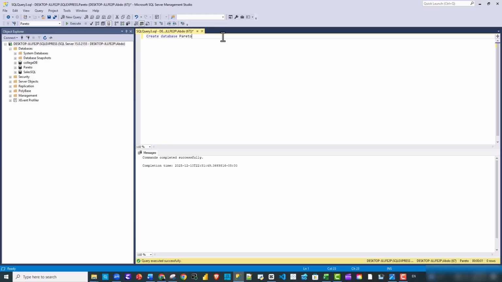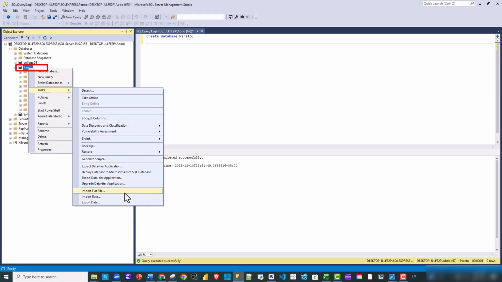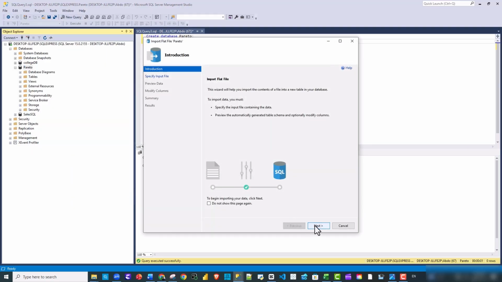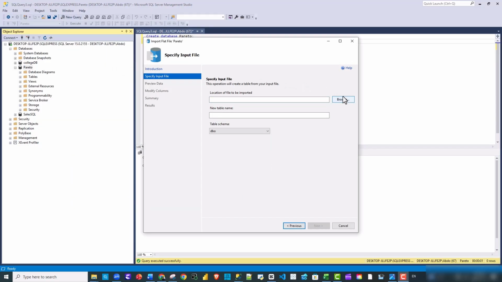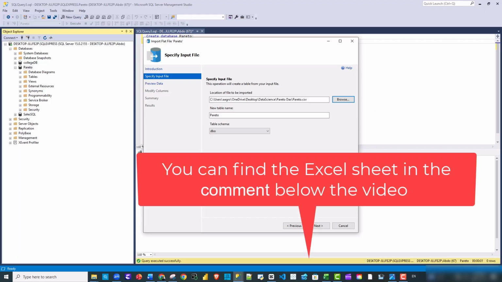Okay, guys, we can write a semicolon after the code or not. It doesn't affect running the code, but professional SQL guys used to write this semicolon at the end of the code. So after we created the database, we need to upload the Excel sheet here. So go to Pareto, right click, tasks, and select import flat file. Next, browse. This is the data sheet, Excel sheet. You can find it, guys, in the description of the video. Next,